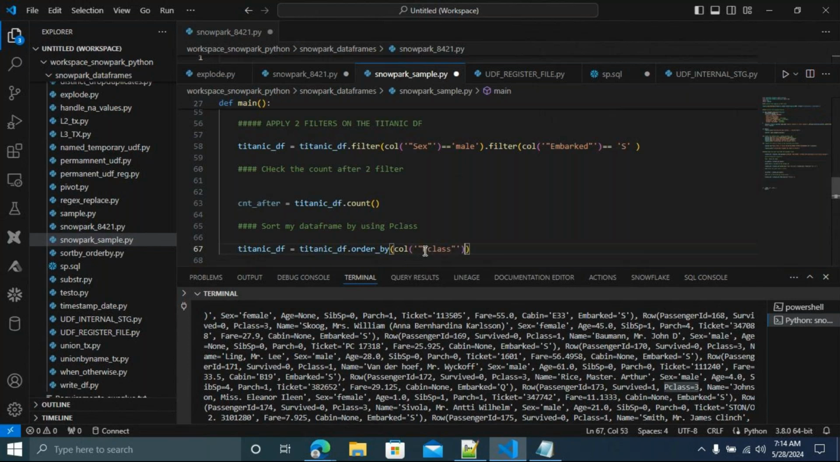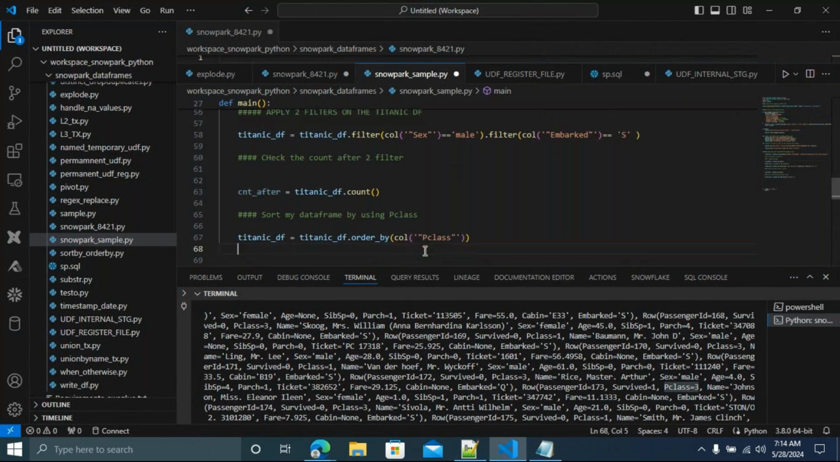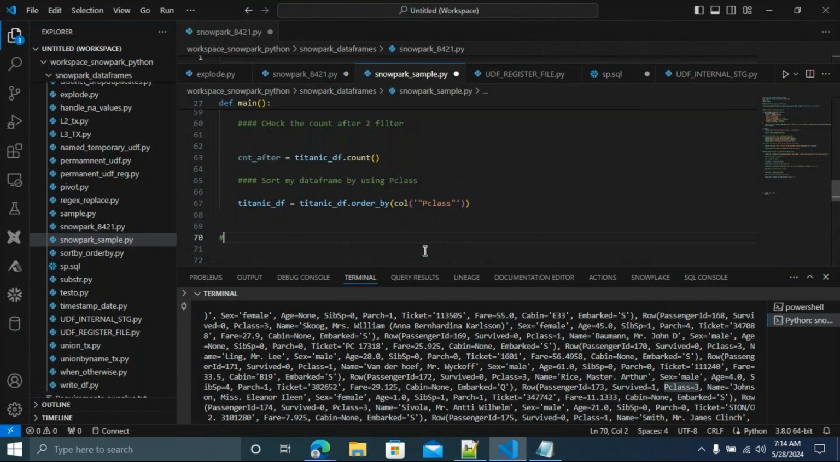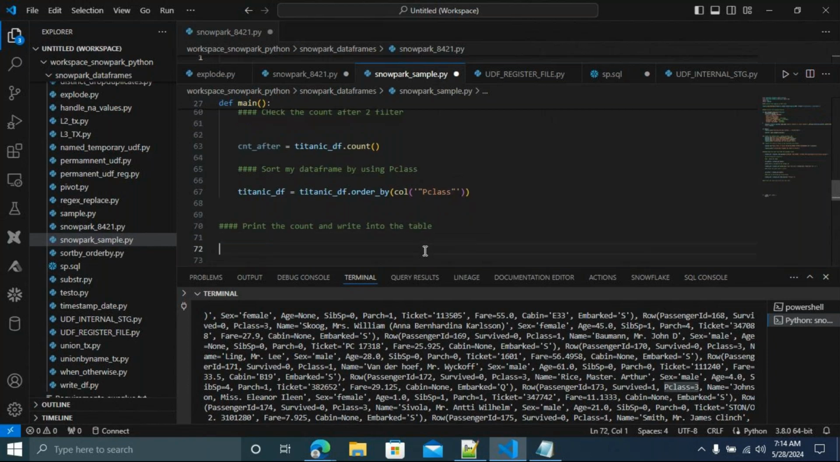Good. Now what I'm going to do is very simple step, guys. Just print the count and write into the table. Now I'm going to take one variable because I want to put everything in the logger. Count message. I'm going to give some custom message. You can type anything in the custom message, later you can type anything. Just custom message, Titanic count, Titanic ship